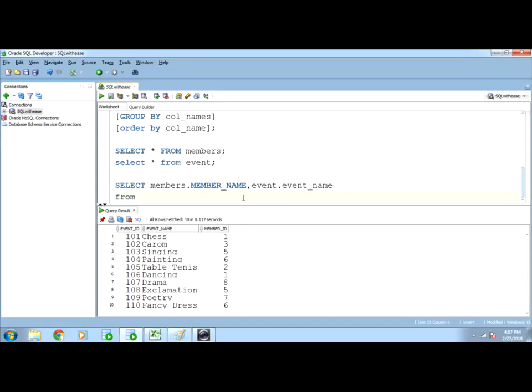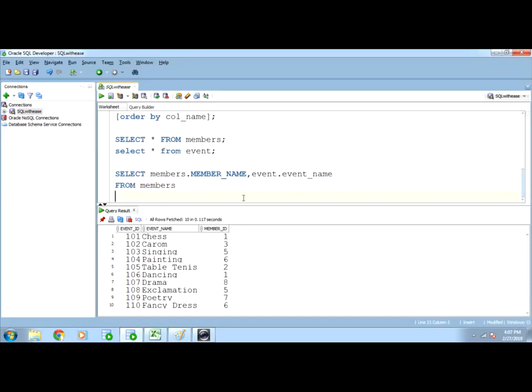From our first table, members here. This is the left hand side table. Want to inner join it with event table on members table's member ID column equals event table's member ID column.